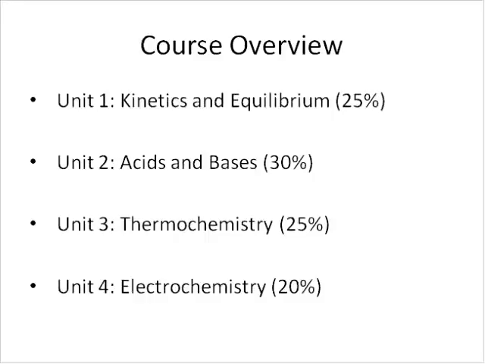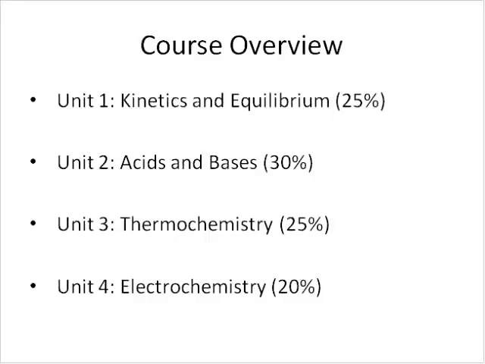Unit 2 of Chemistry 3202 involves study of acids and bases. And in this unit, of course, there's 30%, so this is the bulk of the final exam. 30% of the final exam is on acids and bases, and this is where we study the background of what